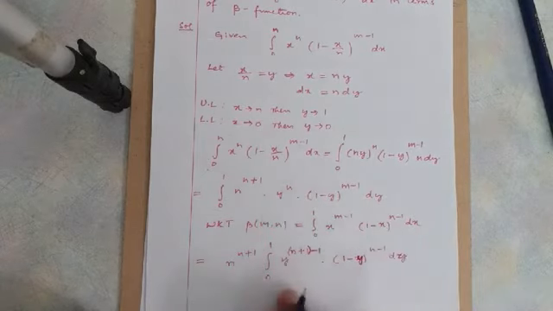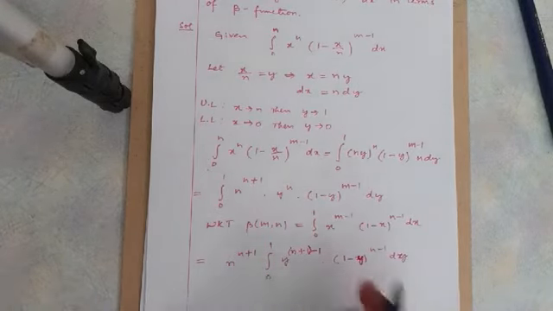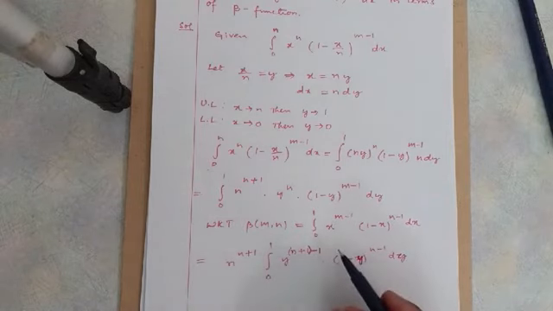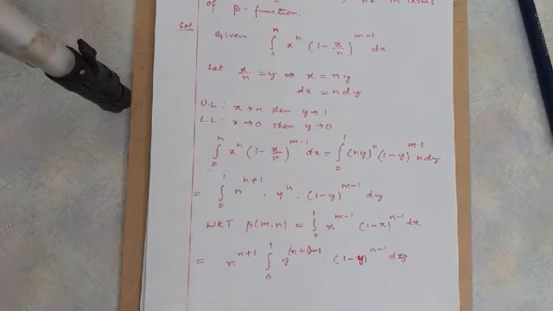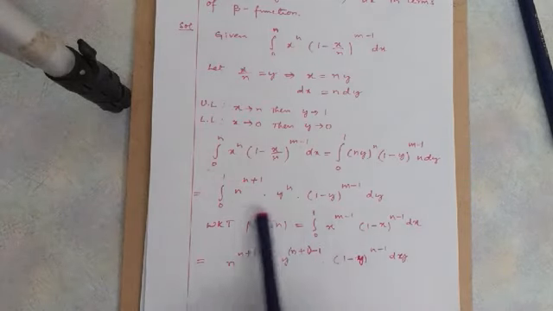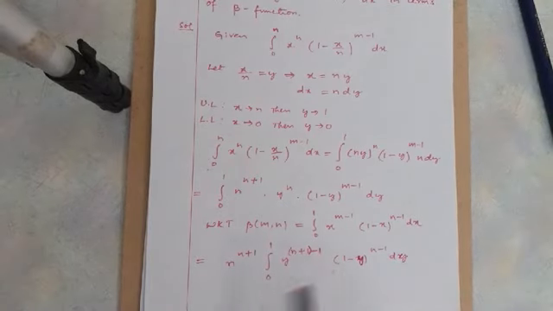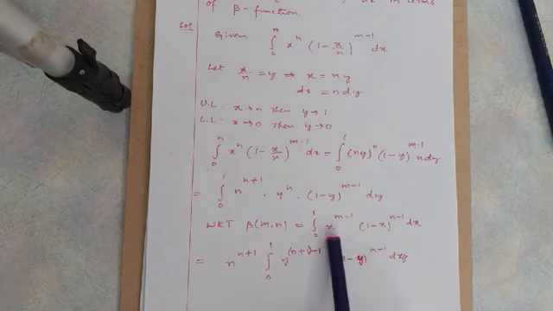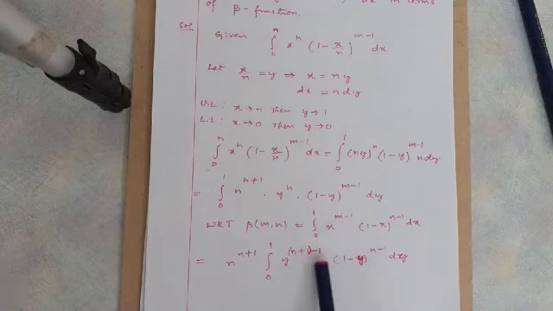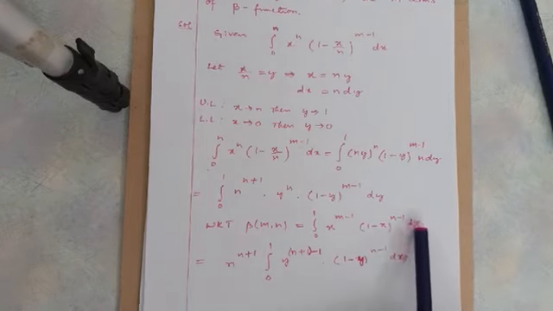This is the definition. When you compare with the definition now, as you know, we have a property in definite integral, that is nothing but the symmetric property. We have it also in beta function: when you have the terms or functions in terms of y, we can change them in terms of x also. Now this is in the form of beta m comma n. In the place of x we have y, in the place of m we have n plus 1 minus 1, in the place of x we have y here, power n minus 1, in the place of dx we have dy.